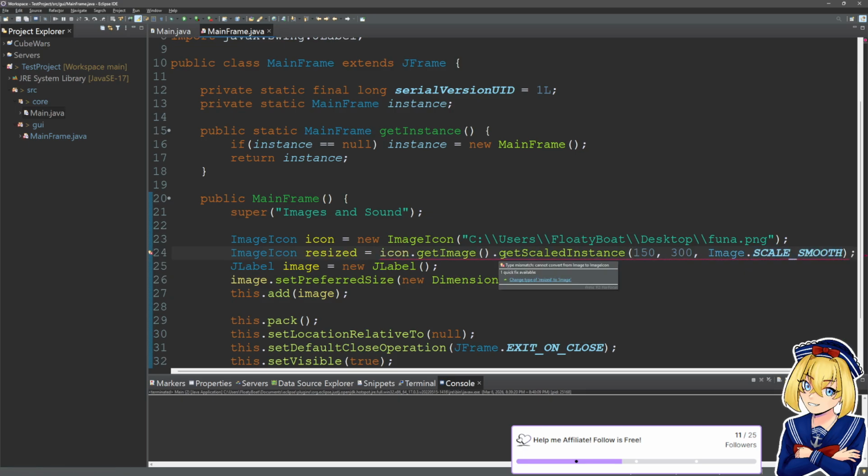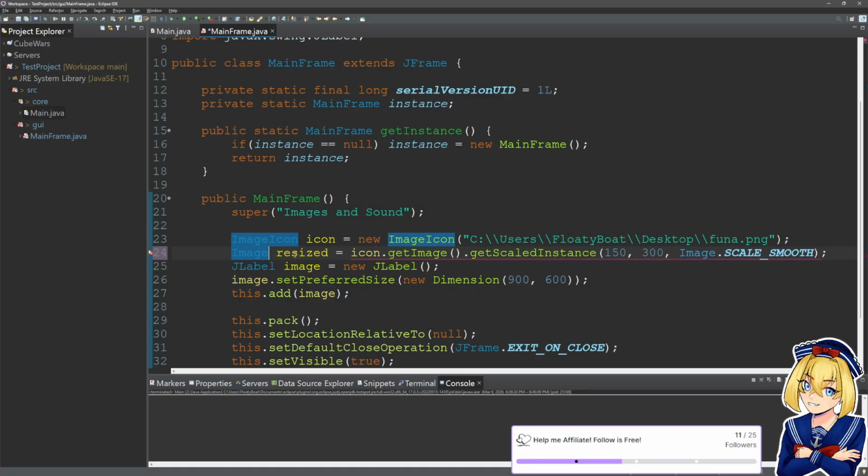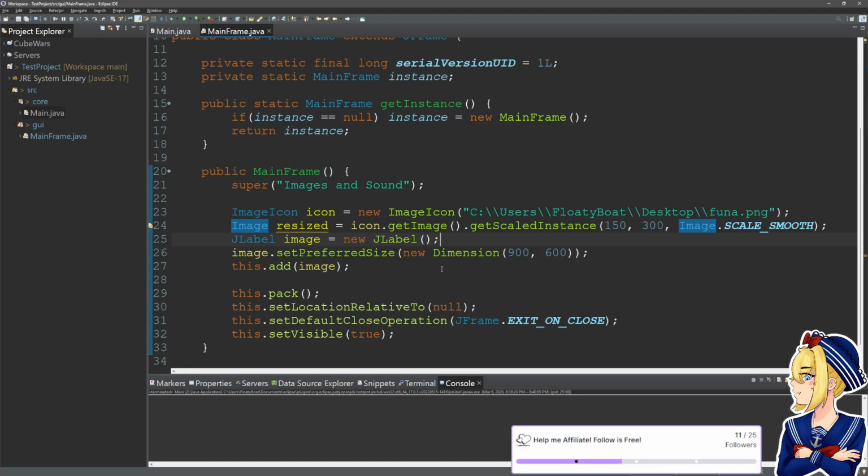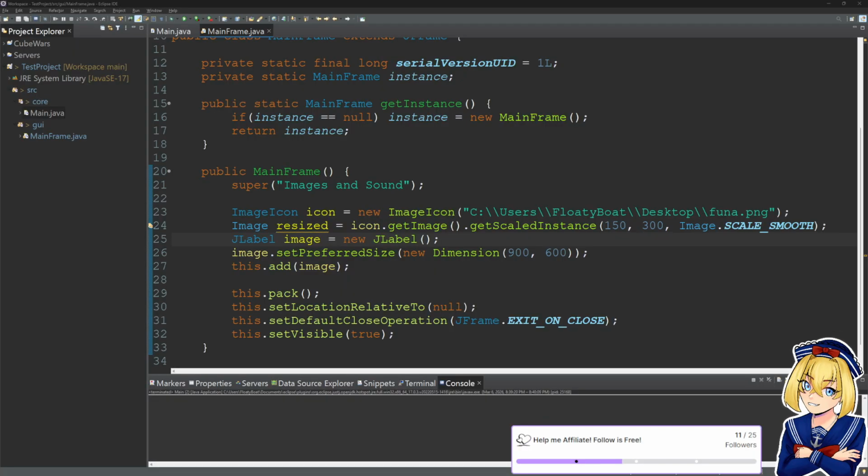Okay, let's see what issue this is having. Cannot convert image to image icon. So this needs to be an image instead of an image icon. Then we can make a new image icon using this resized image.